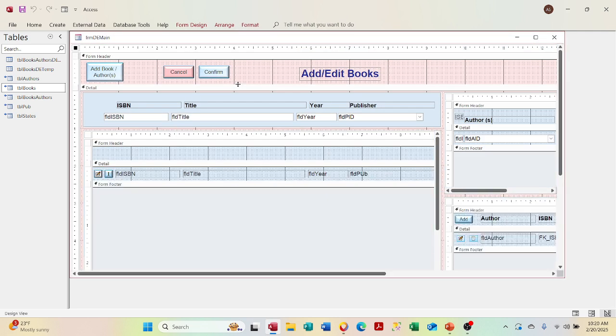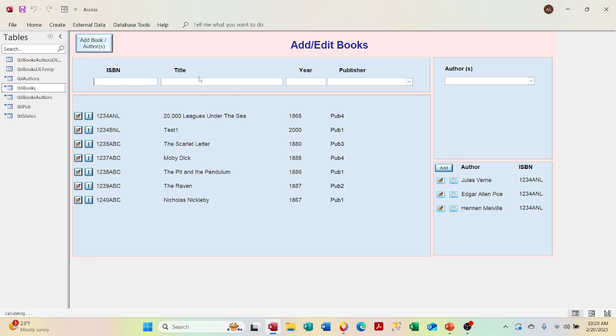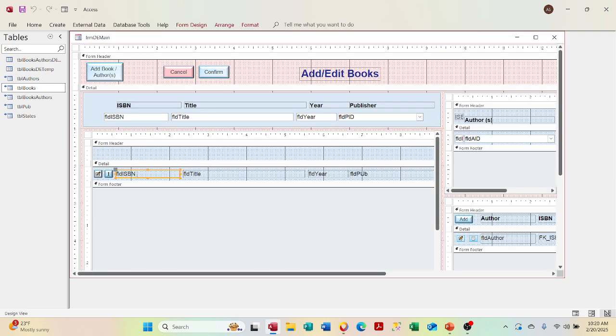So let's see. Well, right now, I think what we can do to really fix this and to really give it